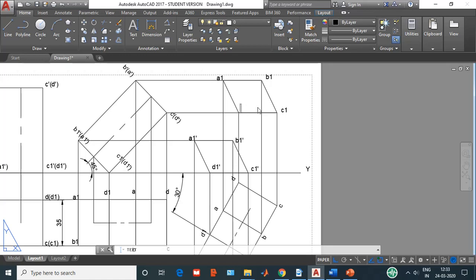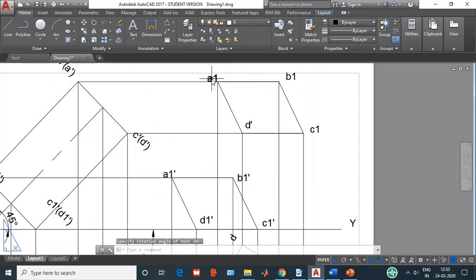This is D dash. Okay, I can change the namings here. You just need to double click this, so I can change it there itself. This is A dash. Just double click on them. So this is B dash. Double click, and then this is C dash.